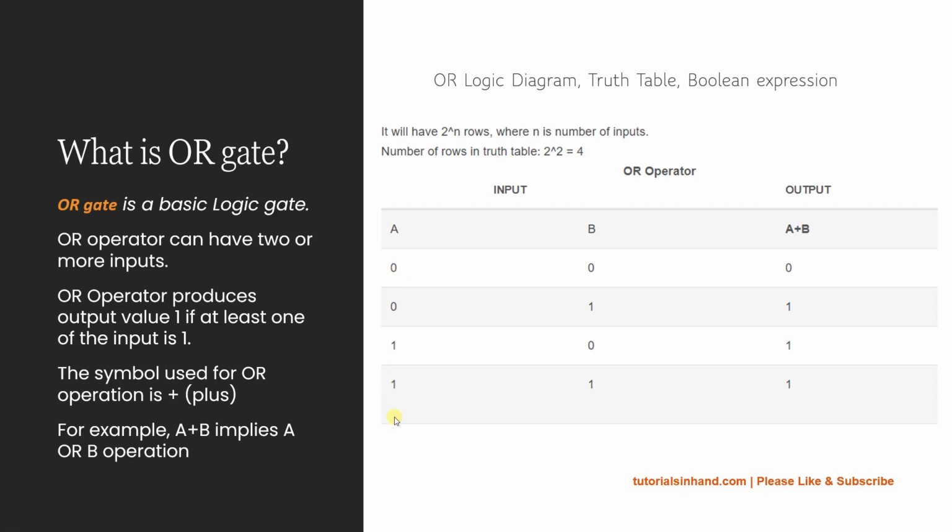And now it's time to understand how to lay out the truth table. So for input combinations, when we know that we will have 4 rows, we are going to have half of them as 0 and half of them as 1. So half of 4 is 2, so 2 rows will be 0 and 2 rows will be 1. And similarly the second input, that is B, is going to have half of the combination of A, which is 0, as 0 and half as 1. So here we have 2 inputs as 0 and 2 inputs as 1.